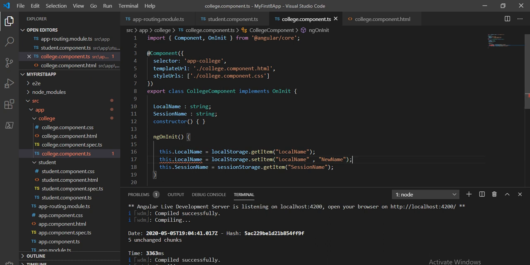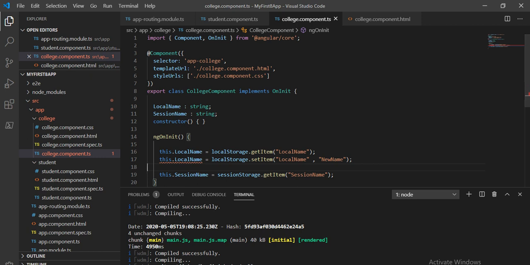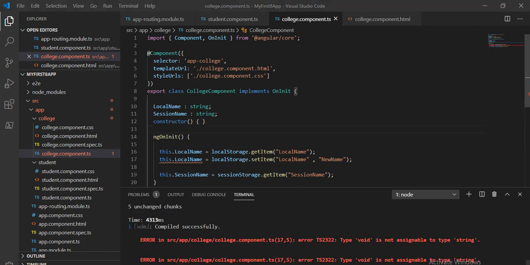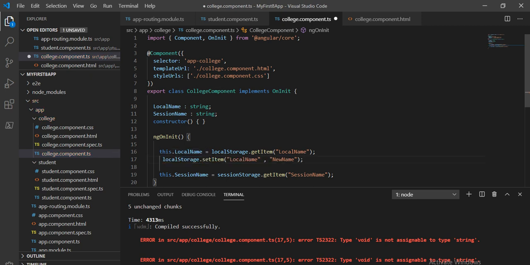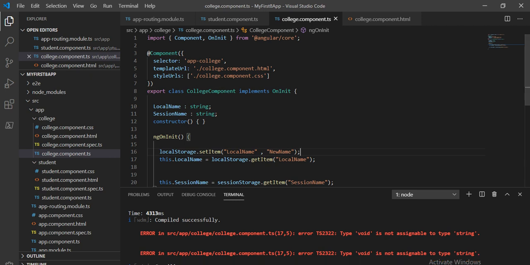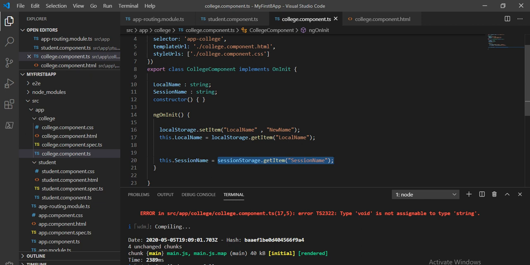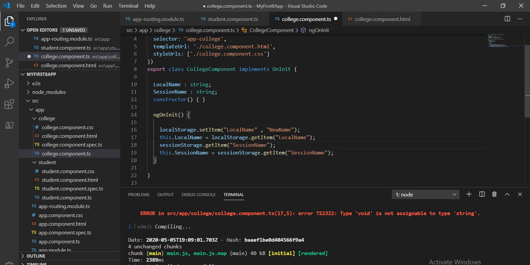The same thing will work for the session storage as well. Since it is assigning, we have to do this before fetching the value for the local storage. And the same I will do for the session storage as well.